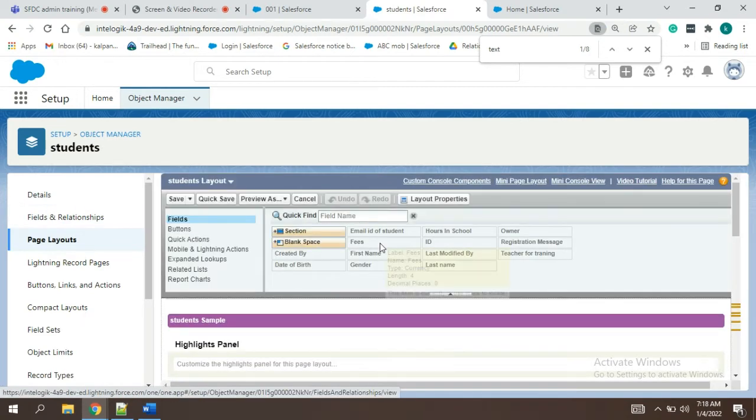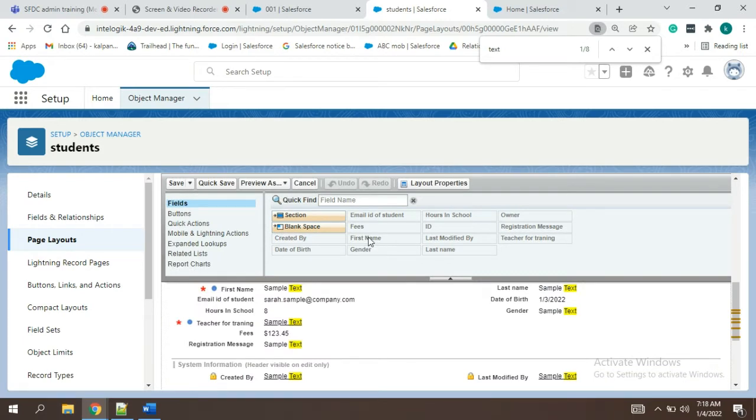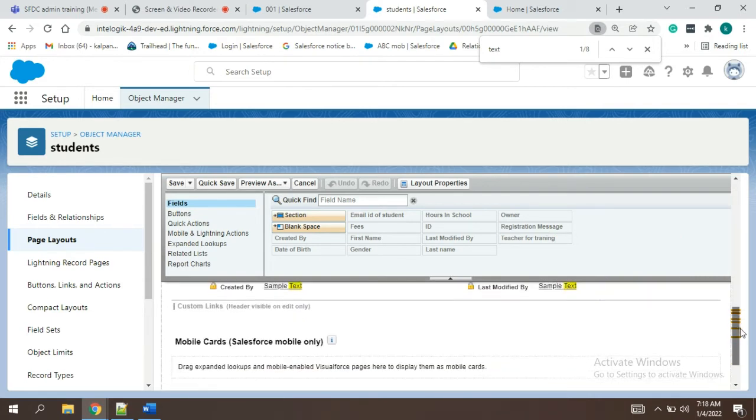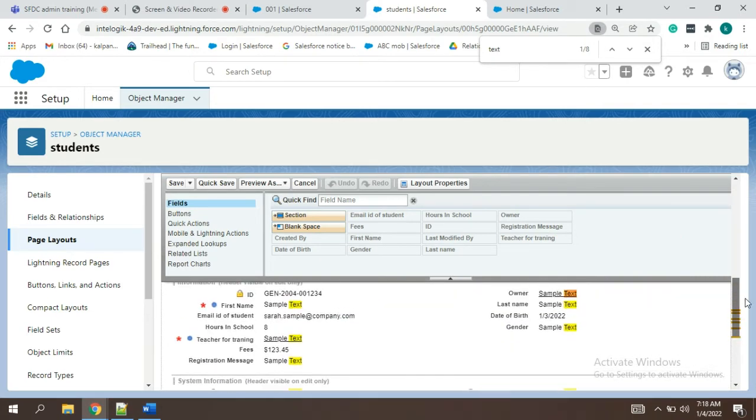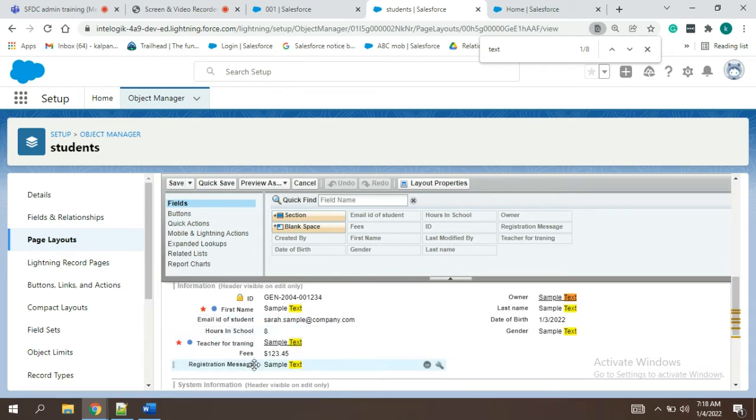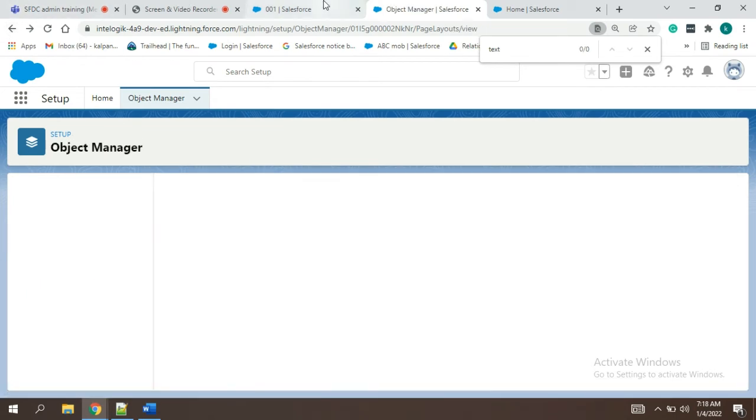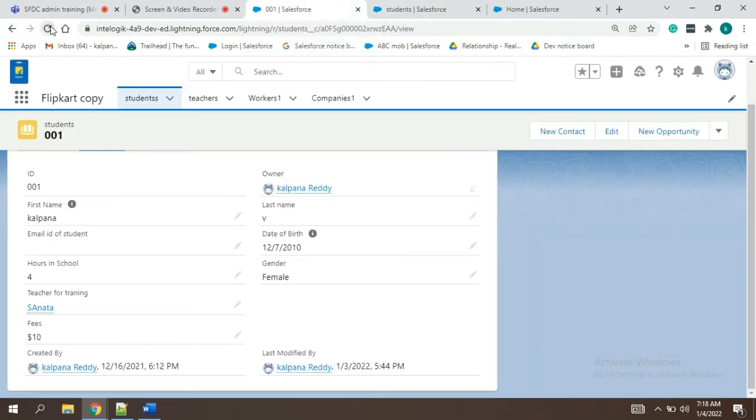So in page layout, I am just going and cross checking whether this registration message has been placed in our page layout or not. Okay, this is there after the fees column. Okay, you can just go back. It has not been updated. That's all.